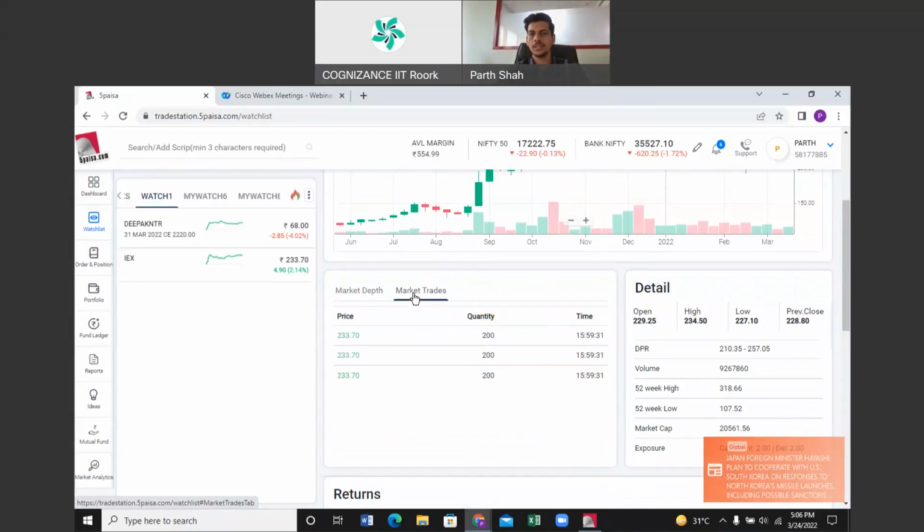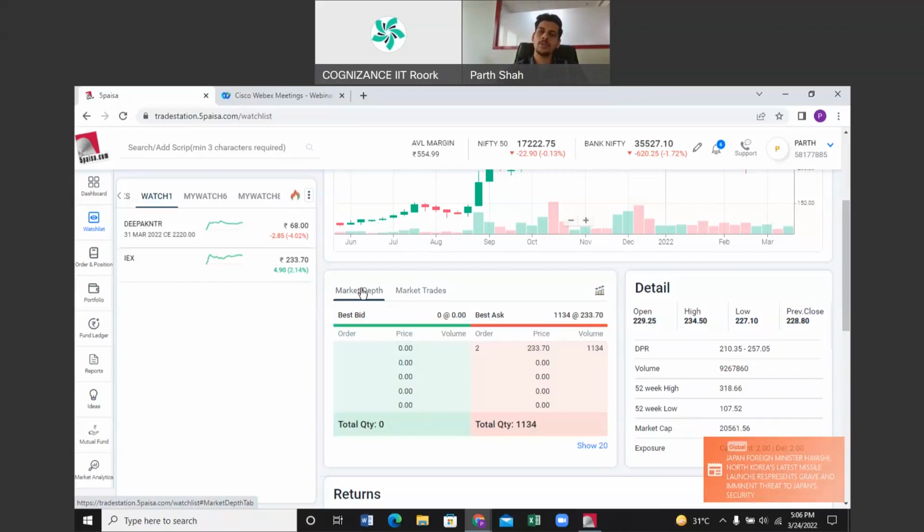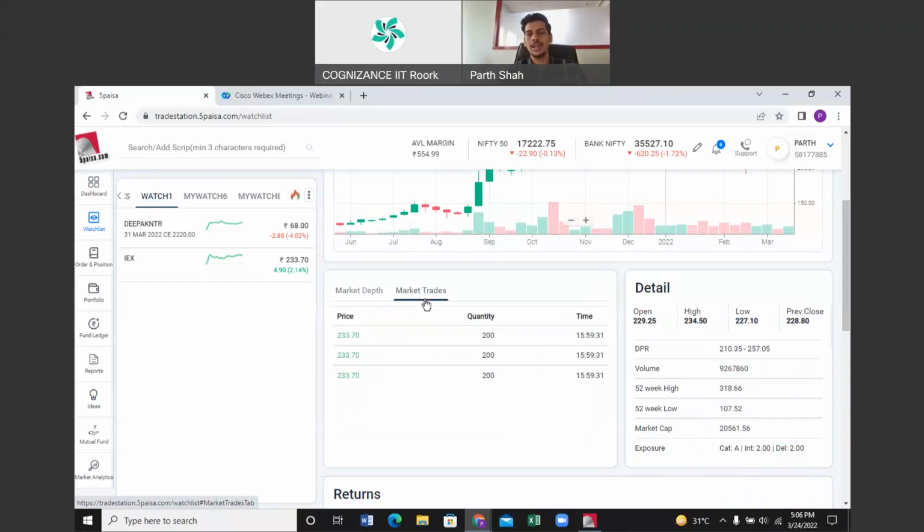Then we have the next section, called market trades, next to it. This tells you about all the pending orders in the market, while market trades tell you about the trades which have actually been executed in the market. You will not find this on any other platform. We have just recently integrated this functionality where we tell you what trades are happening in real time in the market. Tick by tick data is being floated here. Every single second, this keeps streaming in the live market. So you are much more aware of what is happening in the market.